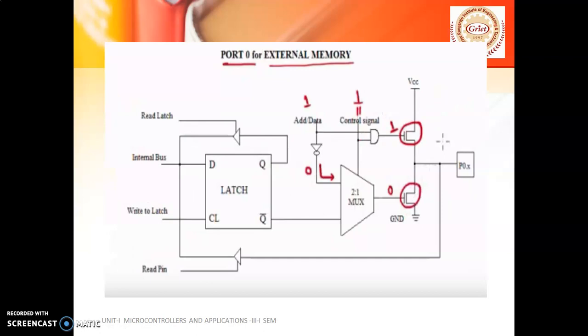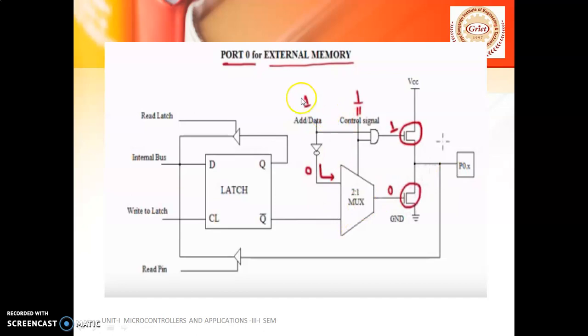Coming to the external memory, when I am talking about external memory, we don't talk about this particular one, we talk only about this control logic circuit. Now if you see the control logic circuit, it is 1 and the address and data is 1. If both the inputs of the AND gate are 1, then the output is 1, it is going to act like a closed switch and it allows the data to pass through. Now coming to this 2:1 mux input, here it is 1, as we have a NOT gate, the output will be 0 and this 0 is given as an input to the 2:1 mux, and it generates 0 and this 0 is given as an input to the switch, and this is going to act like an open switch, and this point is connected to VCC. Now the 8051 can write something onto the external memory which has been connected to the 8051.